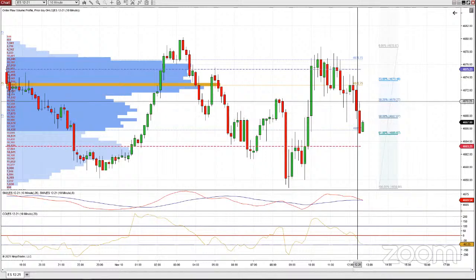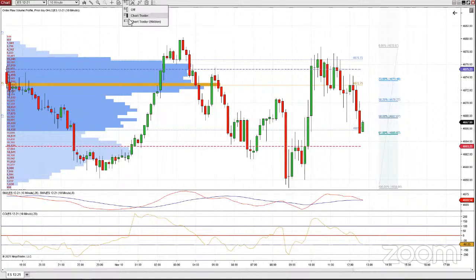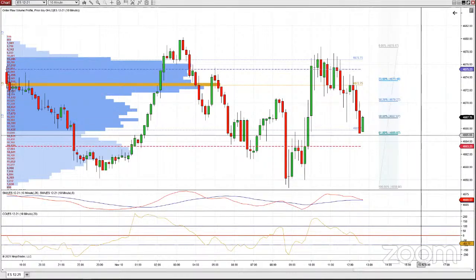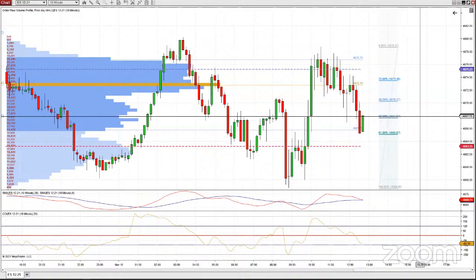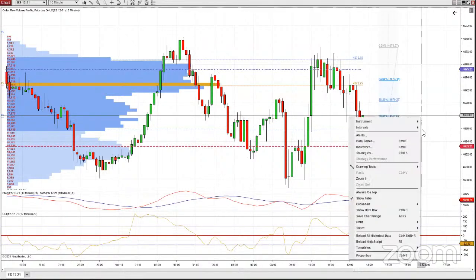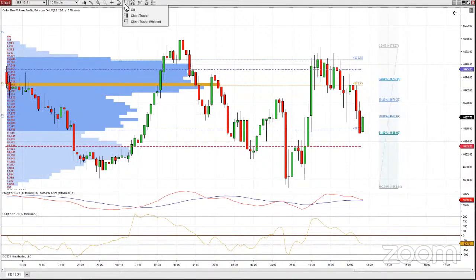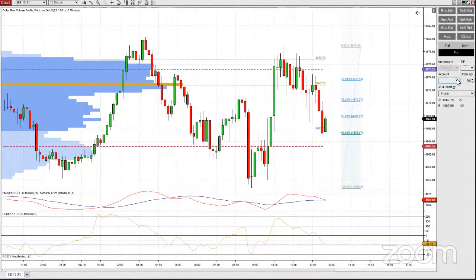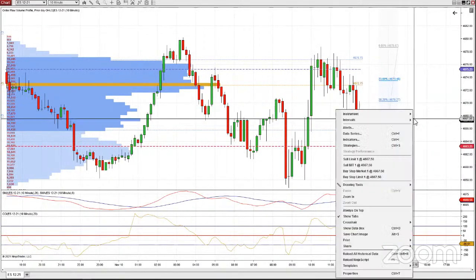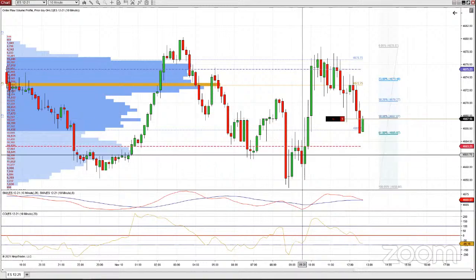Oops. Do I have my chart trader on? Let's make sure I have my chart trader turned on. I am going to hide it. Chart trader hidden. See at the top, it looks like an old-fashioned egg beater. Click it on there. And then we're going to go ahead, we're right there at the 50% line right now. And oops, what is going on? Oh, you know what I don't have? Also my account set. Sorry, hang on, almost there. I have to put an account in here. Let's just go sim account 1. We're going to hide it again, and we're going to right click and throw an order in there right now.